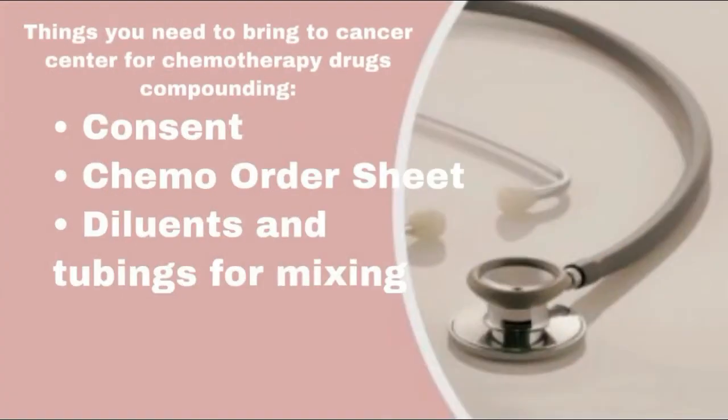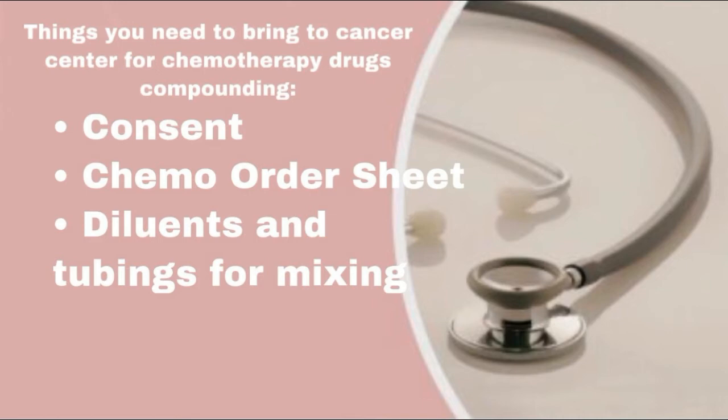center for the mixing. Let us have a review on the things you need to bring to the cancer center for chemotherapy drugs compounding. First is the informed consent, which is signed by the patient or a representative. Second is the chemotherapy order sheet. And third are the diluents and the tubings for mixing. Once these 3 are complete, you can now go down to the cancer center for the compounding to be done